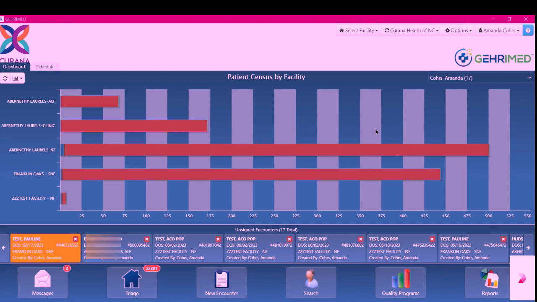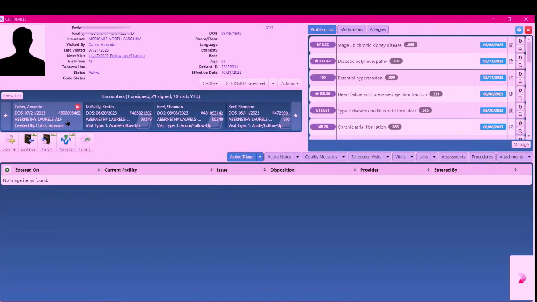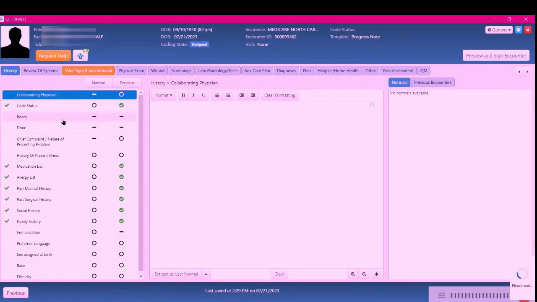As you can see, this is a familiar dashboard that everyone is familiar with. However, there is now a new widget that will be displaying on the right side of your screen that will populate as you are seeing patients within your day-to-day workflow inside of GEHRIMED. So as you are pulling up patients, getting ready to document your encounters, you will see that your InNote